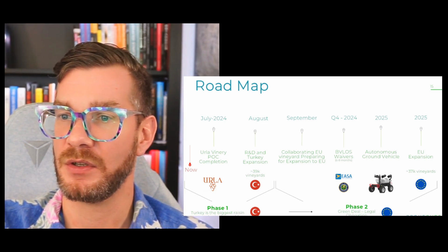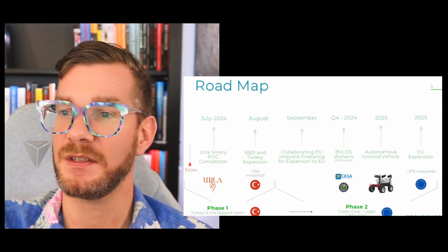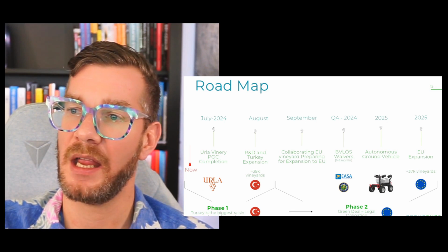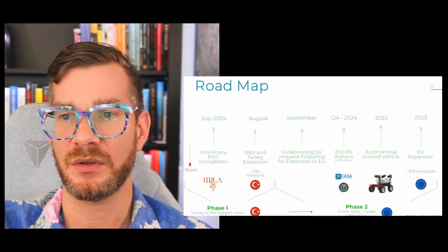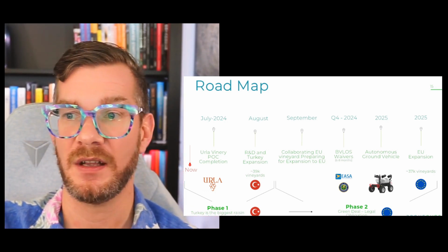Preparing for expansion to the EU. BVLOS waivers. I don't know what that means, so maybe spell that out. Autonomous ground vehicle. Okay, I don't know why we need a ground vehicle. I thought we were doing stuff with drones. So now I'm missing something. Okay, they just sold me that drones were the right way to solve this, but now you also need